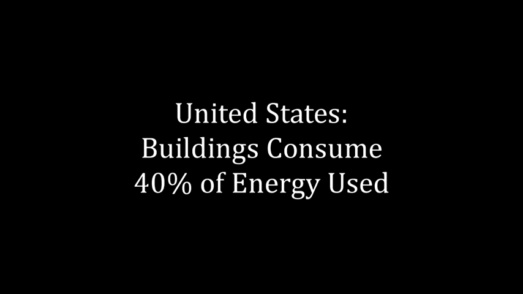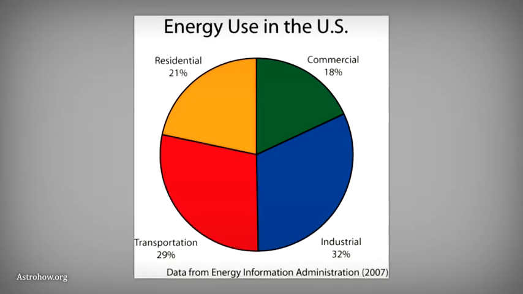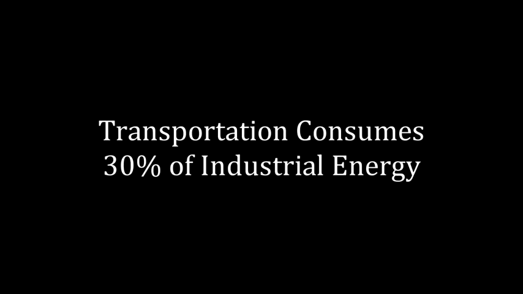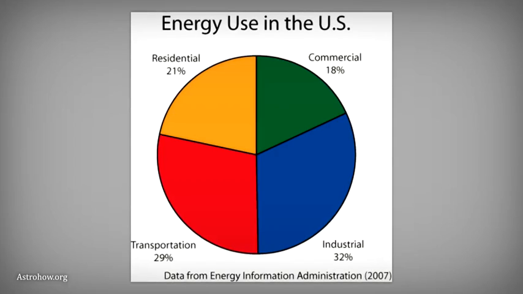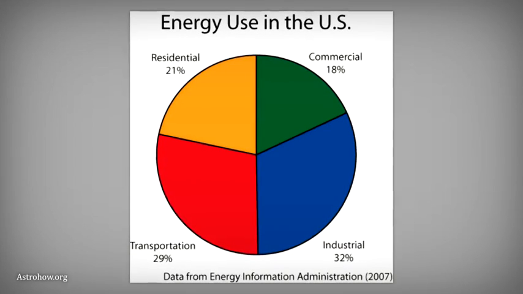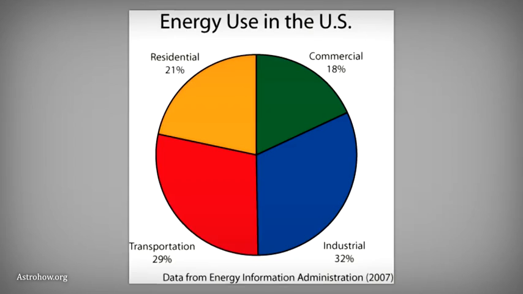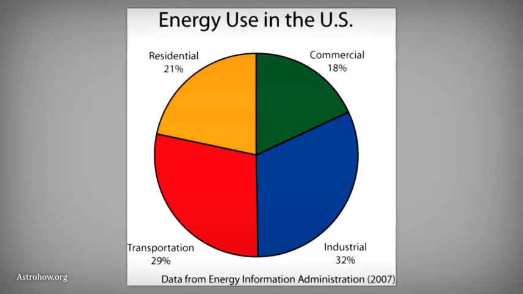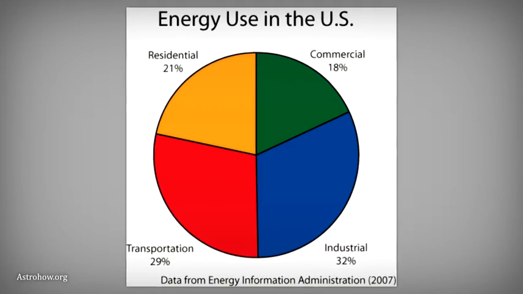In the U.S., buildings and the activities housed in them consume roughly 40% of all the energy used. Transportation, which includes cars and public transit and trains and trucks and aircraft, consumes about 30% of the energy, and the industrial sector, roughly the same amount. The vast bulk of buildings are in urban areas, and a large fraction of the energy consumed there for transportation is as well. So let's start with thinking about how to manage urban energy consumption.